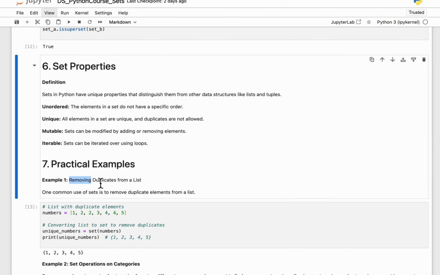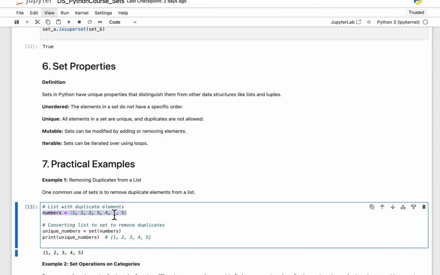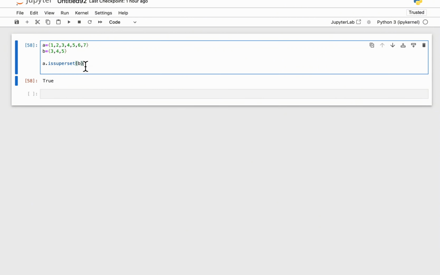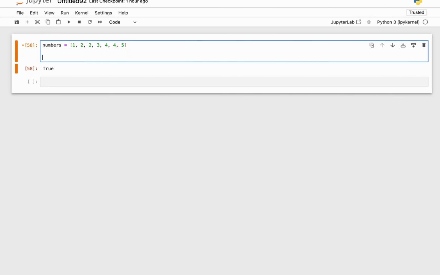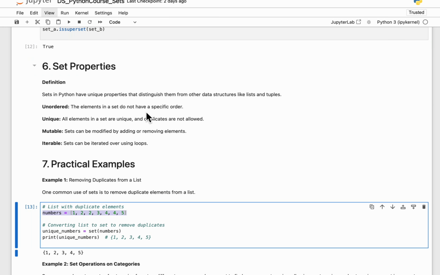Remove a duplicate. So the question is, you are given a list. For example, remove the duplicate. So the question 1 says we have a list, and we have to remove the duplicate. So as I said, what you will do, you will convert this list into a set. So do you remember how to convert the list into a set? If you go to create set at the top,